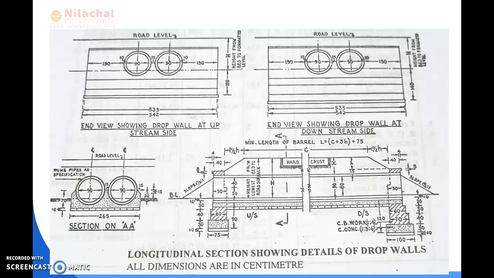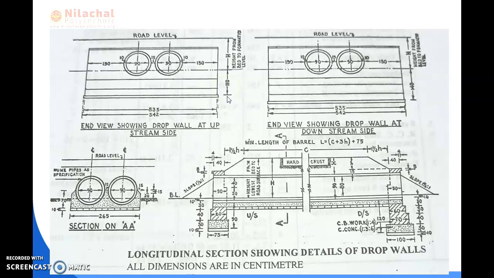In case of a canal or river, we consider the bed level as the ground level. First of all, we consider the height of the excavation from the ground level or bed level. How much is it? The end view shows the height of the excavation from the bottom of the swelling is 110